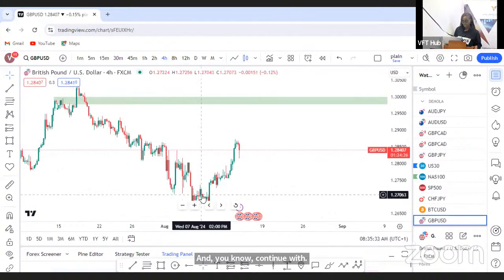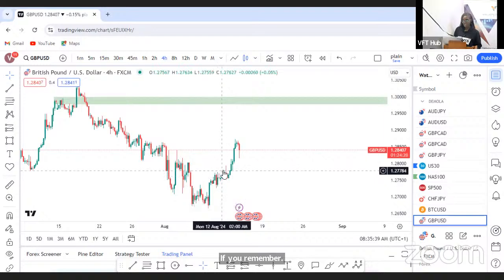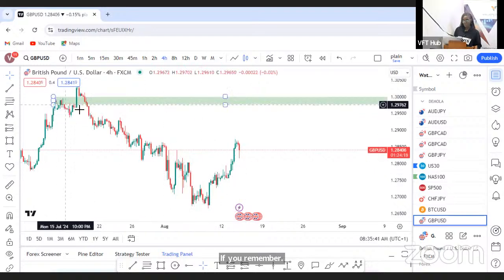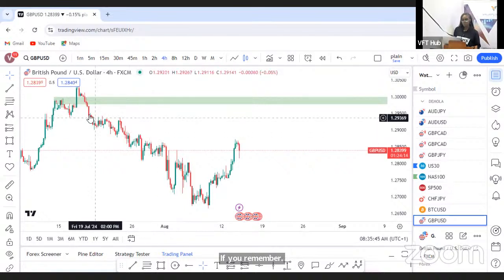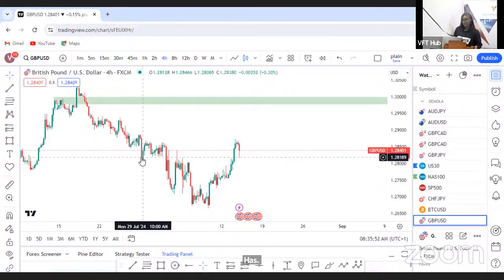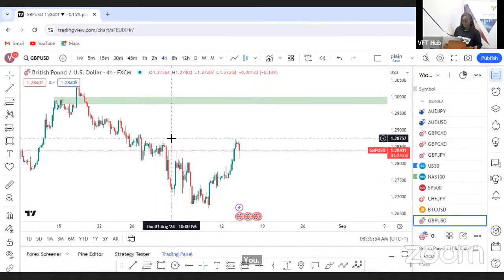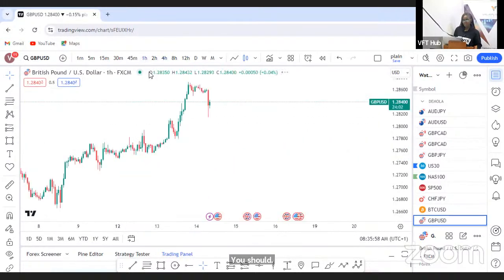And for our 4-hour time frame, if you remember our analysis last week, I said price had taken out this high on our 4-hour time frame and price was coming into this 4-hour shoulder. So price still has room to trade all the way into this 4-hour shoulder on GU, right? So we should still be looking for buy opportunities on GU and on my 1-hour time frame too, right?